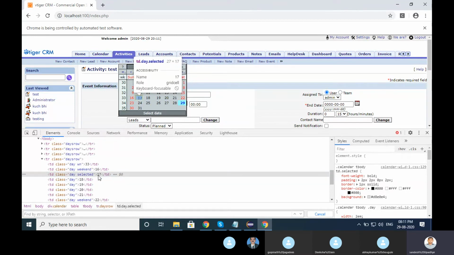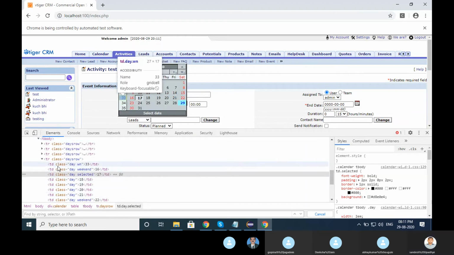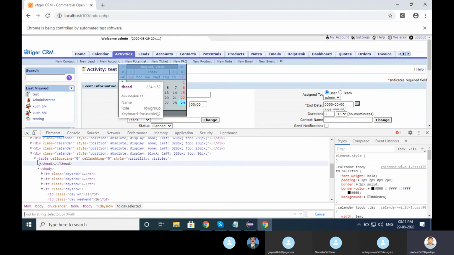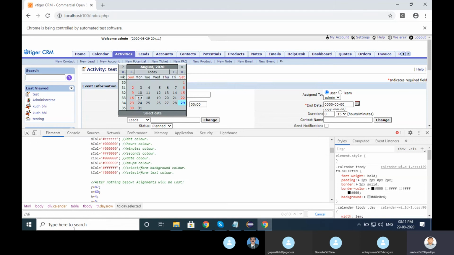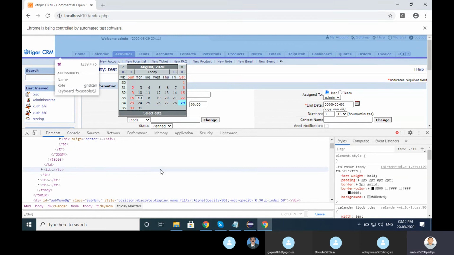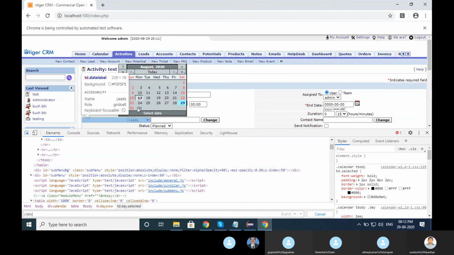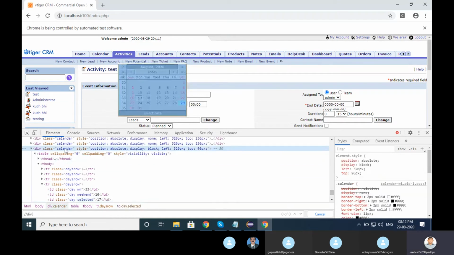TD 17, go up where it is, 17 are here. I want to go up till the div itself. If I start with div and then class is calendar, there are multiple ways I will tell you.